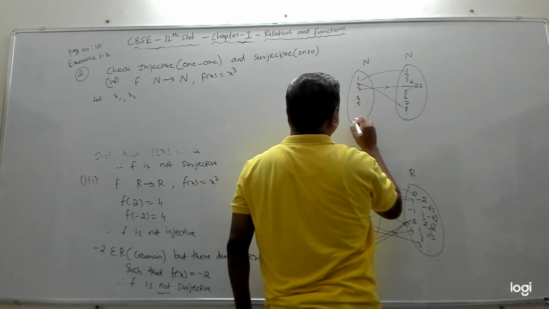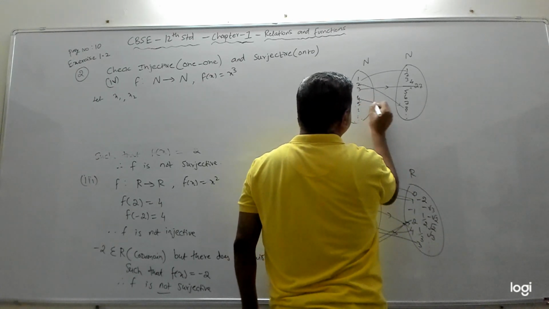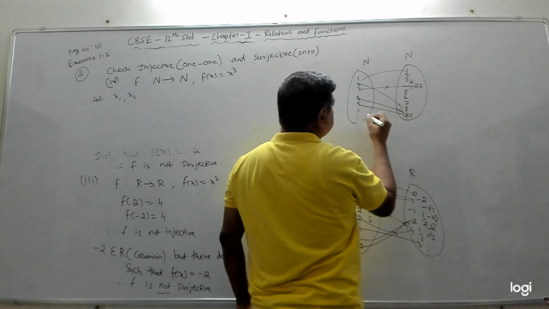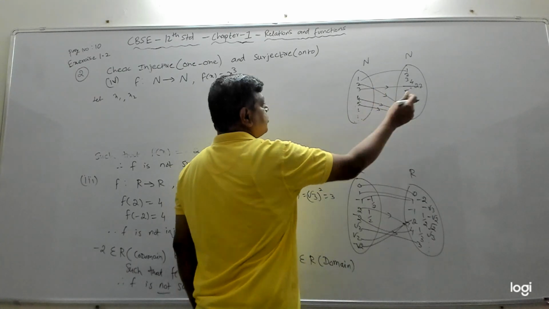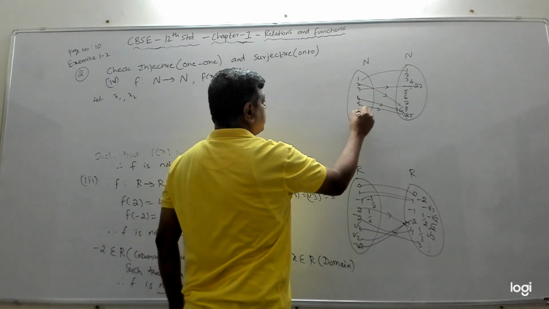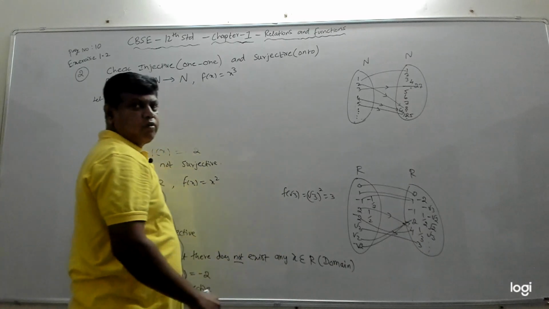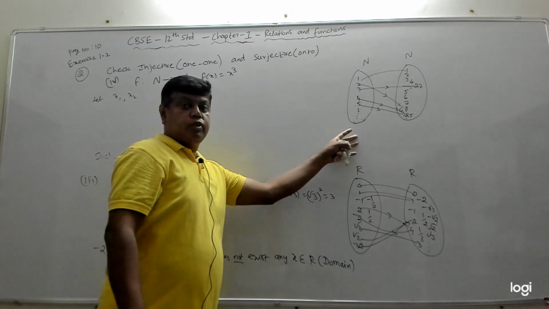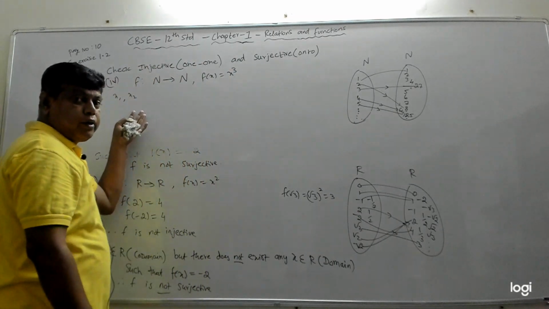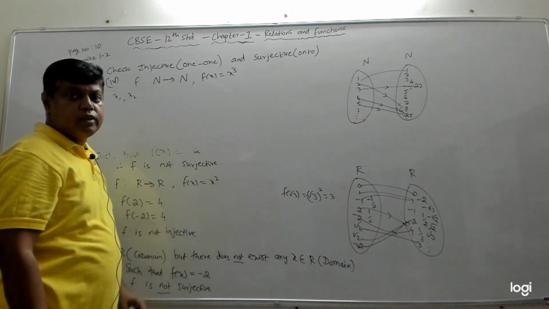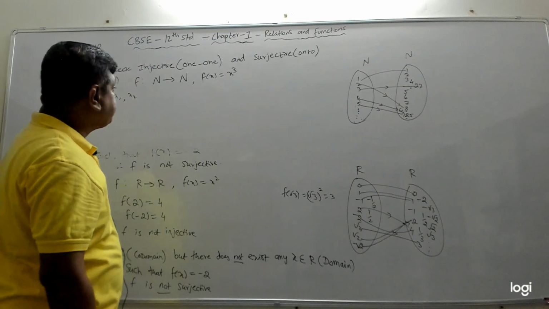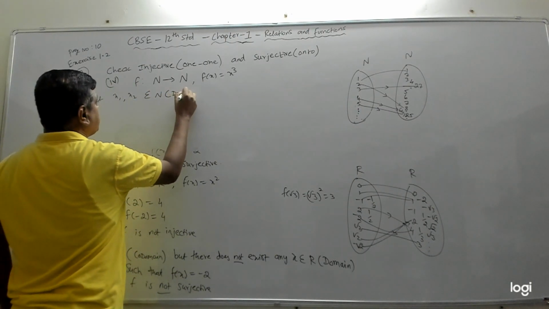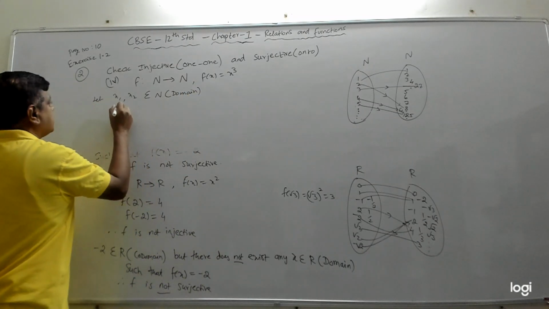4 will go to 64. 5 will go to 125. So every element, this looks like a one-to-one function, right? So based on that, once you feel that it is one-to-one, then we'll try to write the proof that it is one-to-one. Now x1 comma x2 belonging to N, that is domain. From domain we are taking two numbers x1, x2 such that